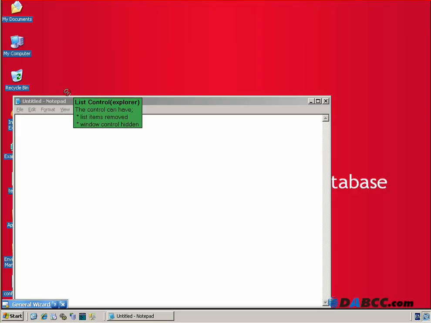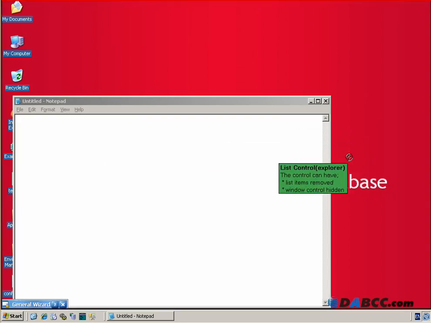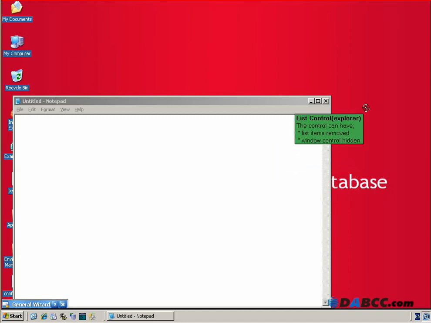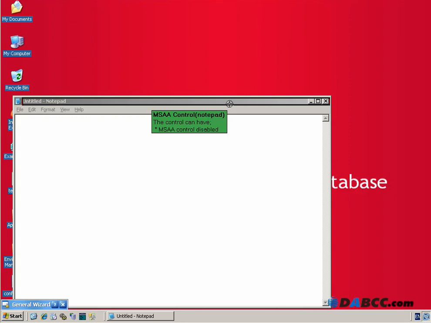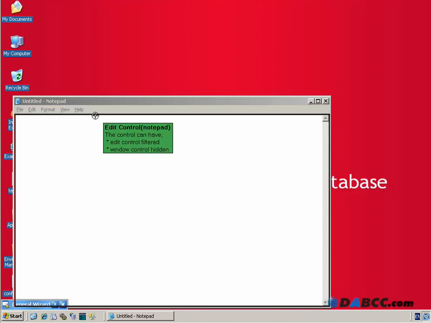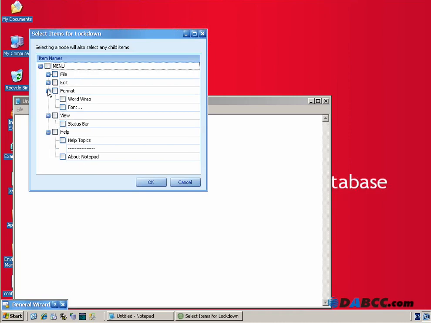Now, what I need to do is just click on the spy tool and hold it down. And what happens is when I hover it over certain areas of the application or the operating system, it provides me with the details of what type of control I'm locking down. So the desktop is a list control. These are menu controls. This is what we call an MFAA control. So if I release it over these menus, it brings me back a list of the